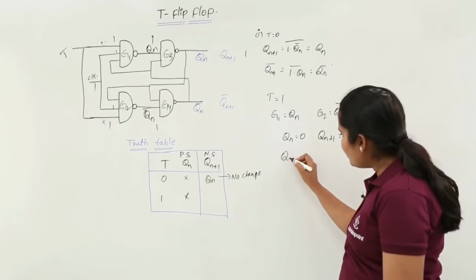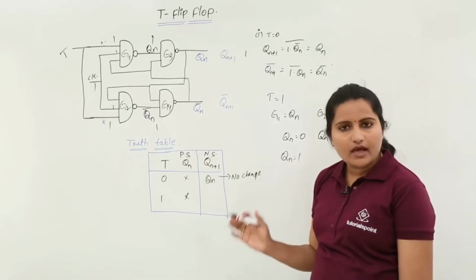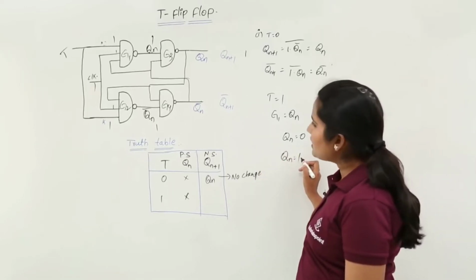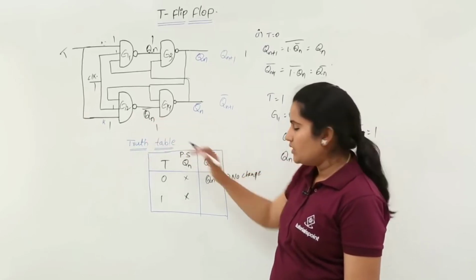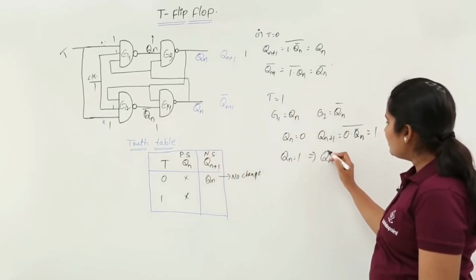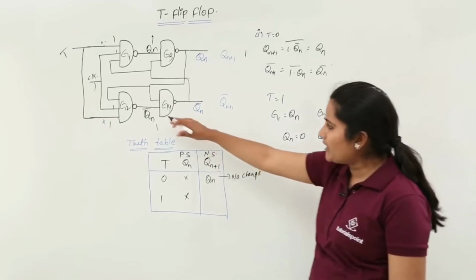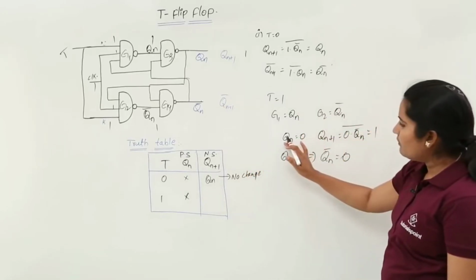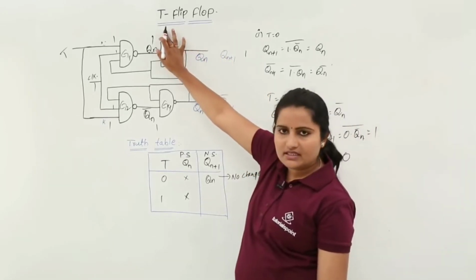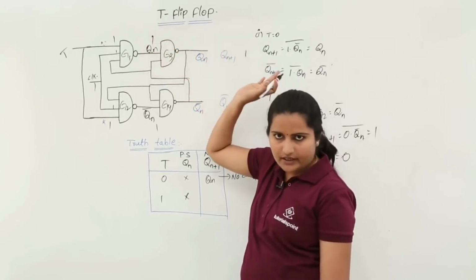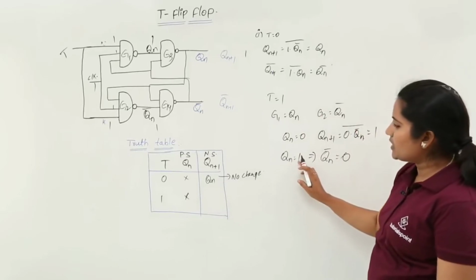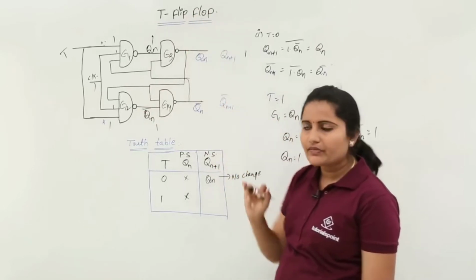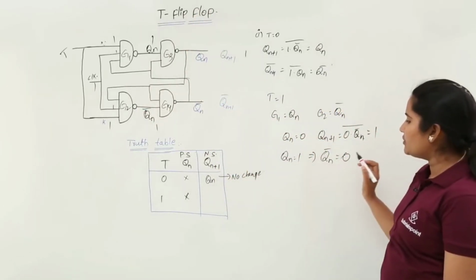Now for example, if you consider Qn as 1, then if Qn is equal to 1, you can see this port Qn bar is equivalent to 0. I am operating this port because this is easy. So see here, when Qn equal to 0, it is better to operate this gate because 0 into anything bar you can take 1. Now in the second case Qn is equal to 1, so this case is better than dealing this case first. That means Qn bar is equal to 0.